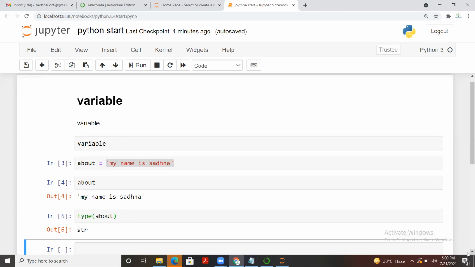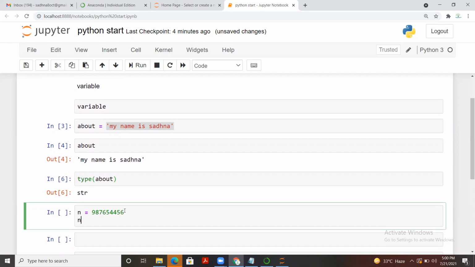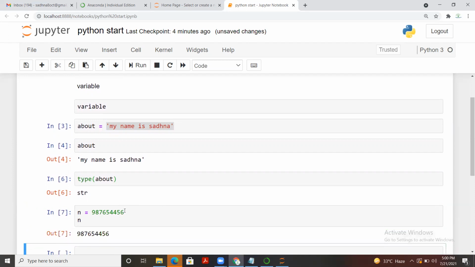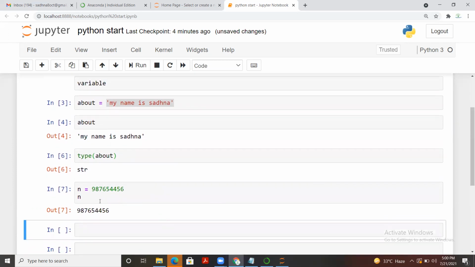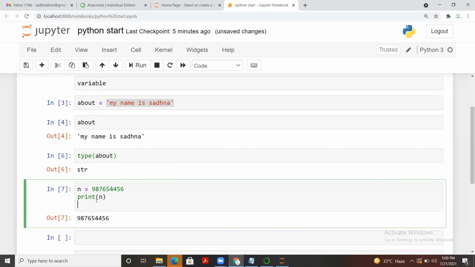Let's say if I pass something like n equals to like this, any numeric value. If I call n, and let's say I check the type of n, I'm going to write print n here so that I can display n, and I'm going to write print. Print is a function to display that.